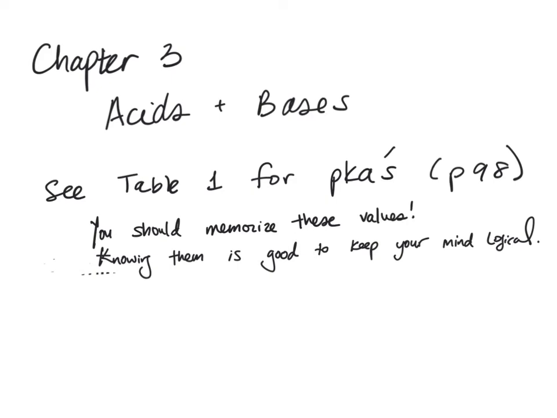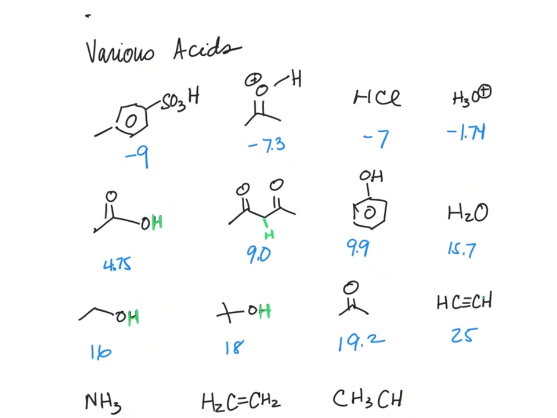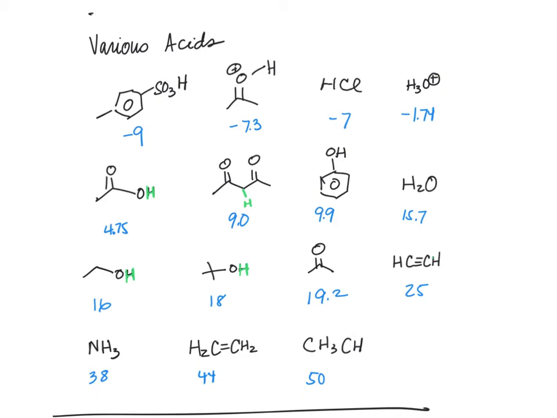This section focuses on Chapter 3, Acids and Bases. It's a review. You want to see Table 1 for the pKa's, which are on page 98. You should memorize these values because it's going to help you keep in mind relative values of acids and bases. While we do want to minimize memorization in this course, it's good to have these values in mind. I've listed them here under various acids and bases, and you can rationalize these pretty easily based on their pKa's